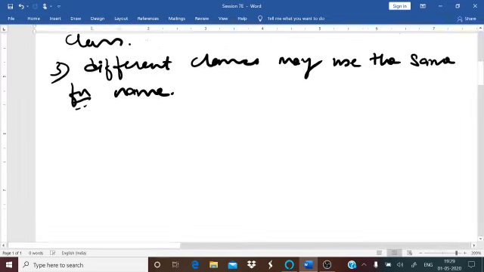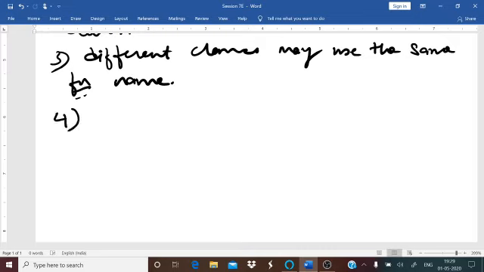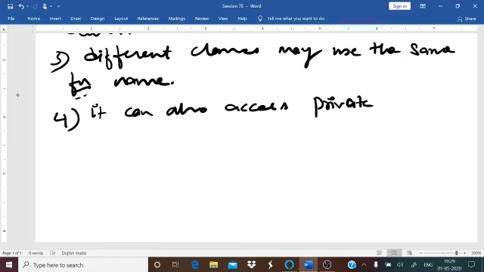And as it is a member function, even if you are defining it outside the class, it can access the private data in that particular class. And then the return type indicates the type of the value a function can return to a calling function. These are the points that you are supposed to remember while defining a function outside the class.